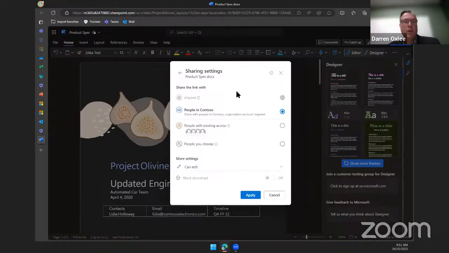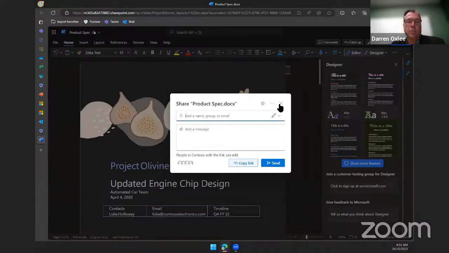Fantastic. Absolutely. So, Georgia, maybe 2 minutes very quickly, the other thing that I found really useful is review. Maybe you just want to quickly run through comments on the review tab, because I think that's also, in the context of sharing documents and collaborating with others, a super useful tool.